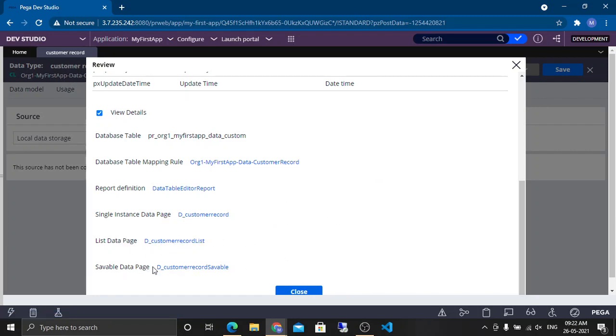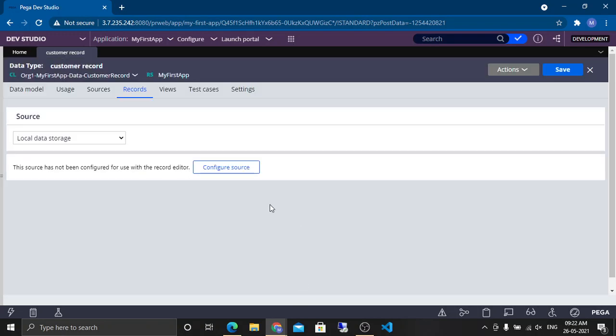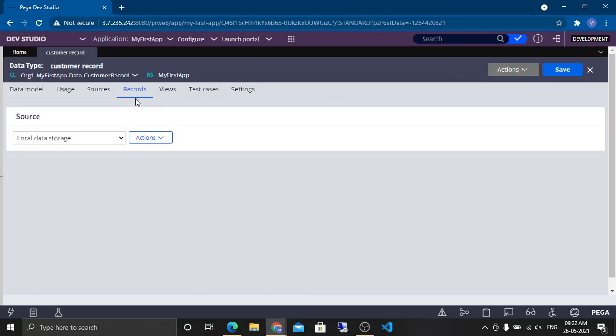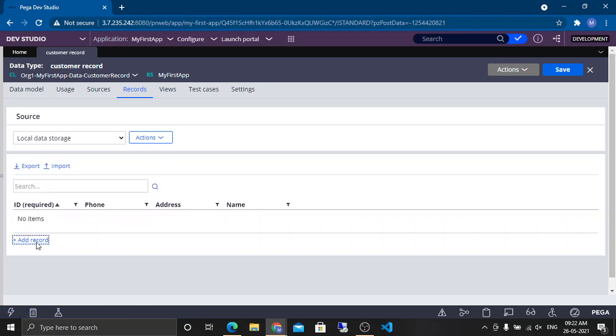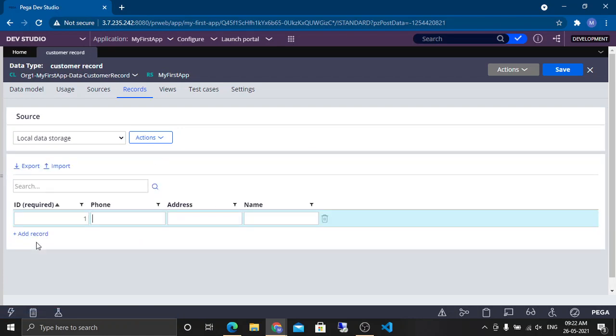And if you see here, we have one more category, savable data pages, right? So let's quickly close this, and let me add some records. So we have customer 1, whose address is sector Wara Chandigarh maybe, and his name is ABC.